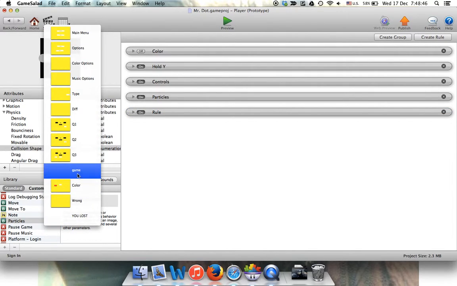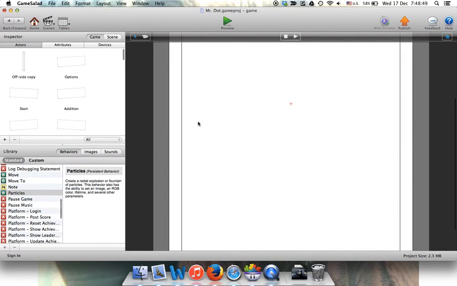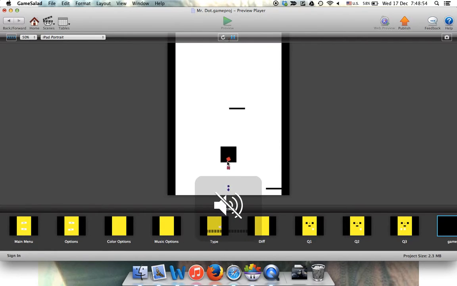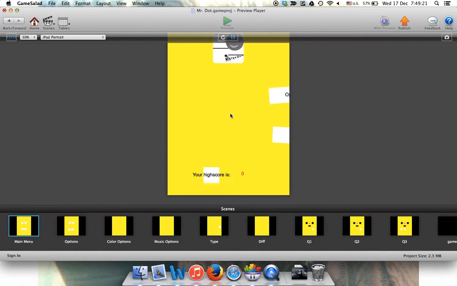Let's check it out. Game. If I press preview, you can see how if I touch it, it moves around, and the particles rotate and change color and change size. You can move it around, but you can also do it with arrows. And yeah, it can go more than left, or it can go more than right, as much as you push. So yeah, that's it. And then that rule that we created before is so that this happens. But I'll show you that later. So yeah,